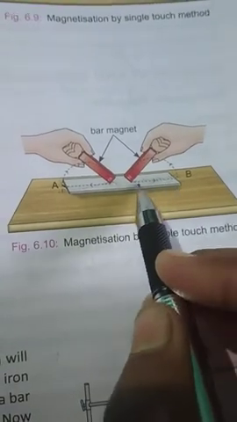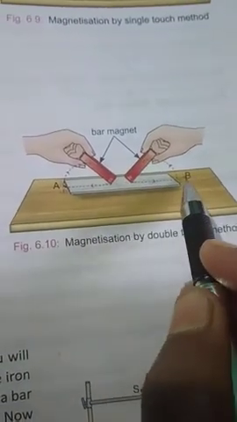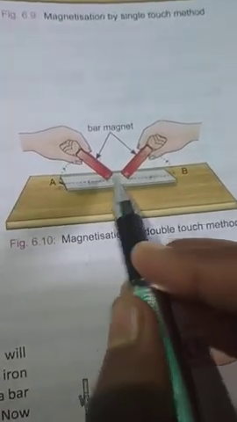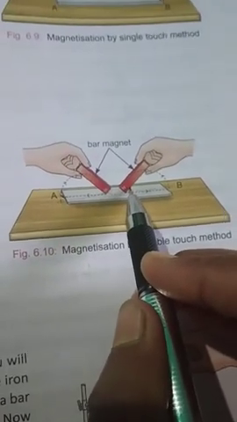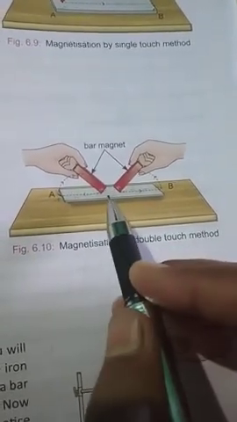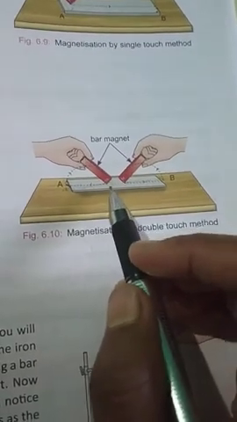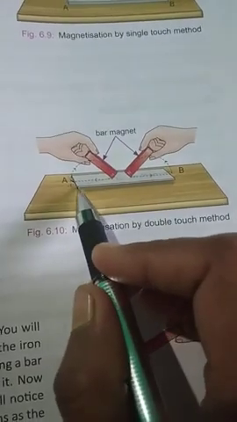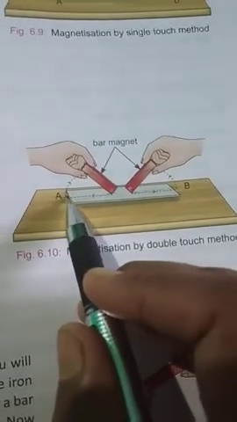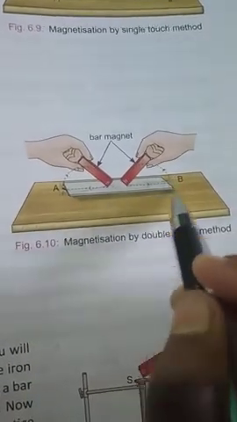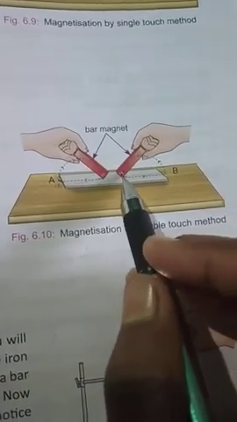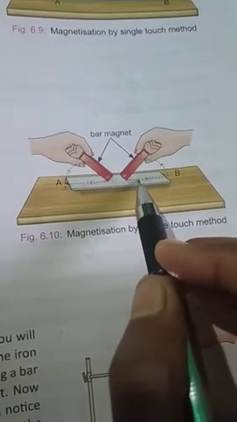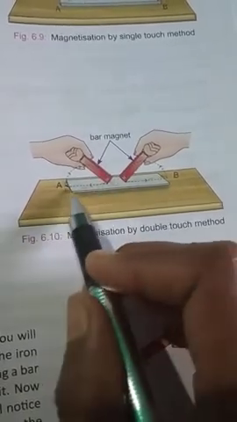Okay, this also you have to drag up to here, then lift it in this direction. Direction should be like this only. Okay, and both the poles should be opposite. So after repeating this process several times, 20-25 times, you will observe that end A of this iron bar becomes the north pole, because here you have dragged the south pole. So this part will become the north pole and this part will become the south pole, because here you are dragging the north pole of the magnet. Okay, rubbing. You have to rub it properly.